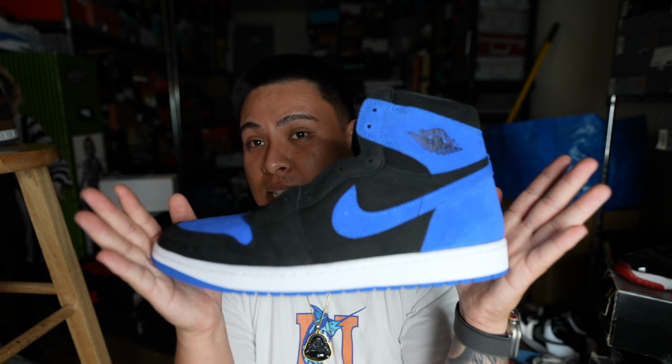I think I'm gonna pass on this shoe. It's nothing crazy. It is an OG colorway, but I just don't really like how they did the suede on them. And I don't think I can see myself wearing these. Maybe if they did it in the bread colorway, it would win me over a little bit more, but